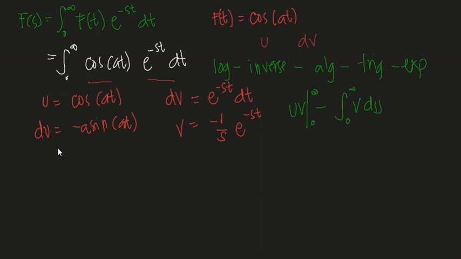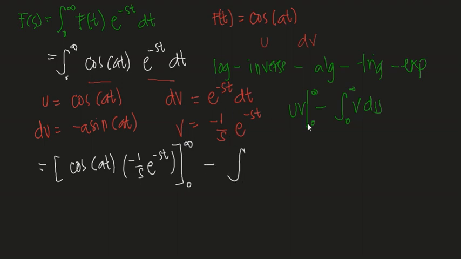So this is equal to uv minus the integral of v du. U natin will be cosine of at, multiplied by sa aton equation, which is negative 1 all over e raised to negative st, evaluated from your lower limit nga 0 up to the upper limit nga infinity, minus the integral of your